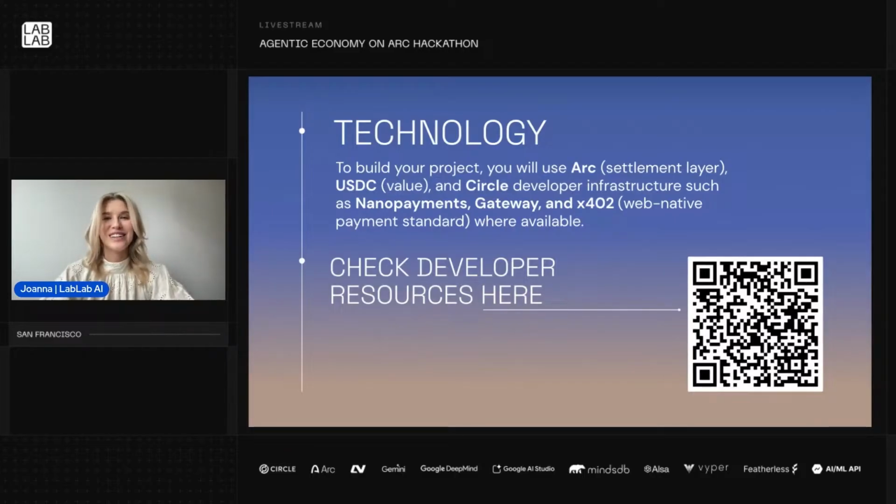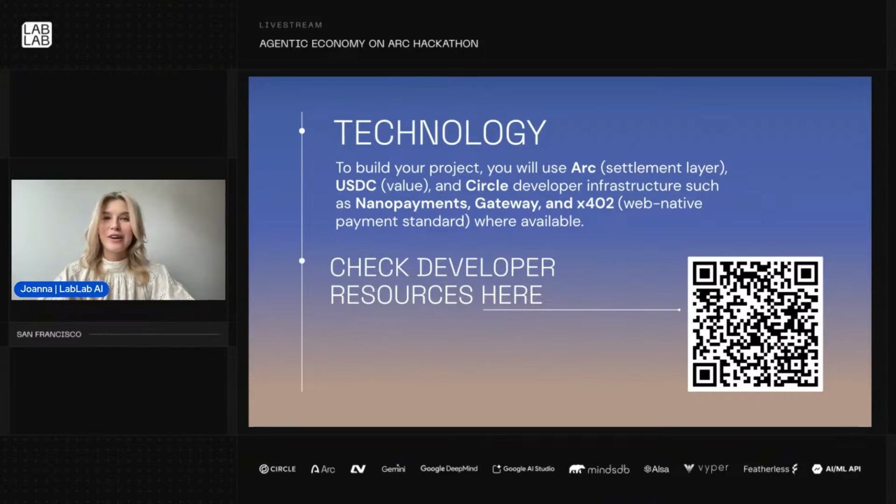Your mission is to simply choose the right way to implement it and show why this is necessary for your solution. If you'd like to explore more developer resources, we've got a full list of useful links for you, explanations, tutorials, articles prepared. So scan the QR code to explore it.